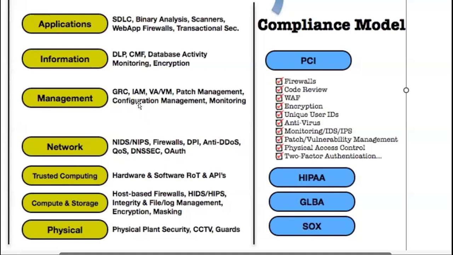Then there is management. This part of management is a role of the admin as well, that is GRC. The admin must assess, audit, and find out the different compliance, risk, and governance. All three models are there. For risk, we have to understand if there is an attack, how much is the damage.